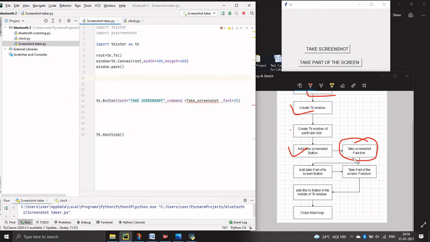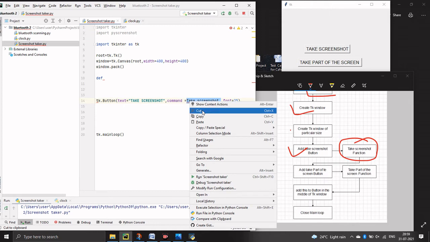To create this function we have to define that function. So let's define the take screenshot function. I'm just copying this.